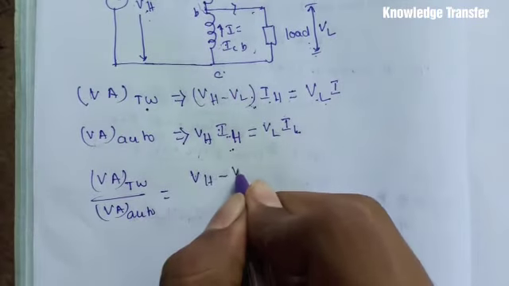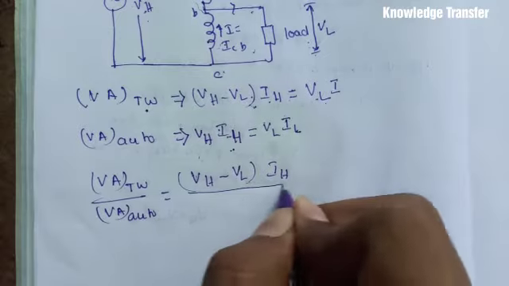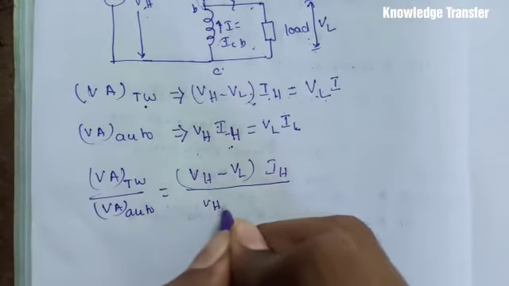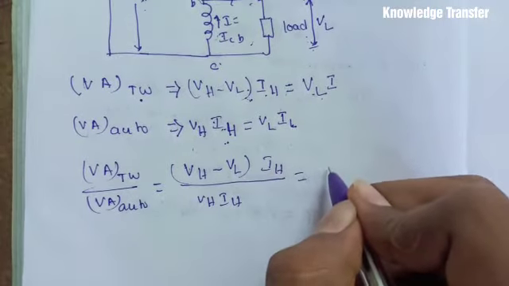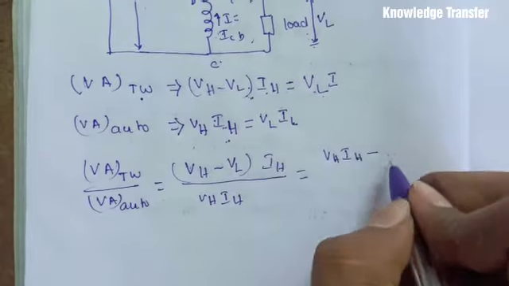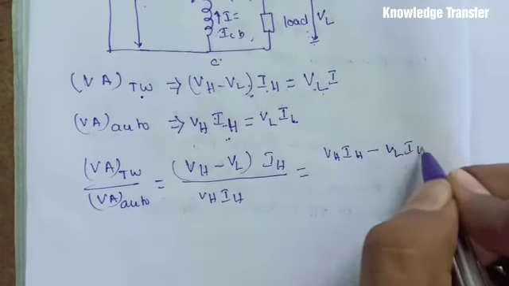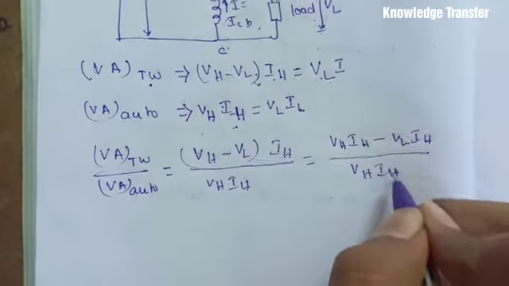VH minus VL into IH divided by VH into IH. If you write this, VH into IH minus VL into IH divided by VH into IH, this and this will